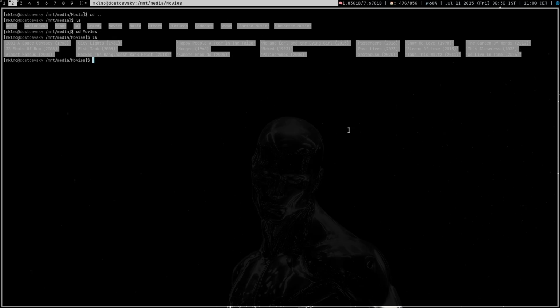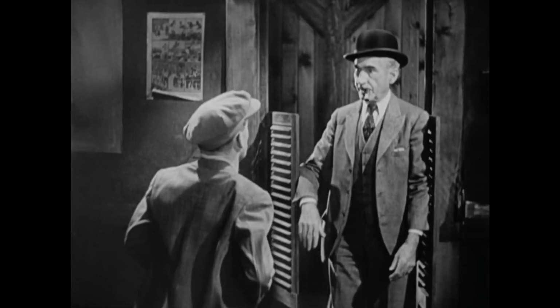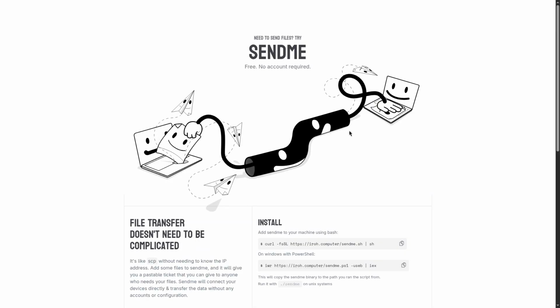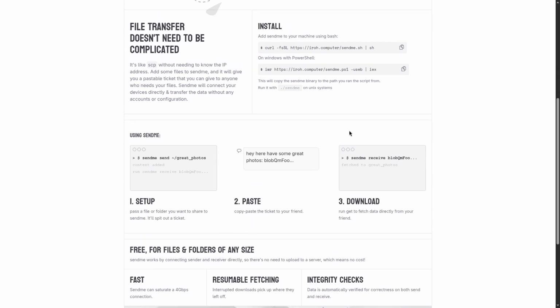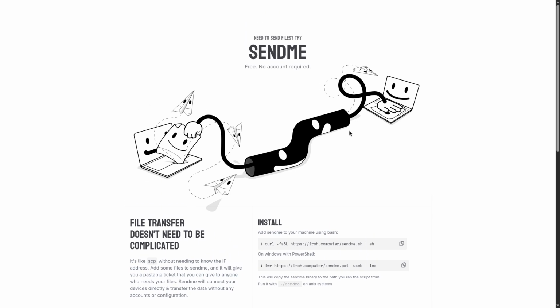I will show you a small demo on how it's being done. So this is the name of the tool. This is called sendme, which is a really cool program written in Rust, and you can ideally send